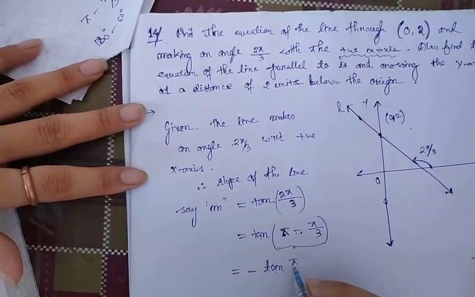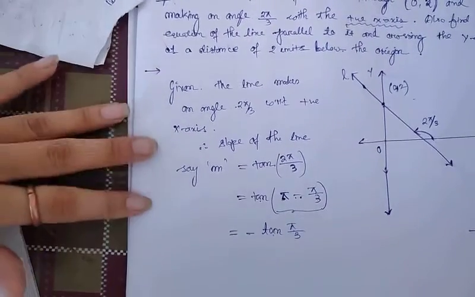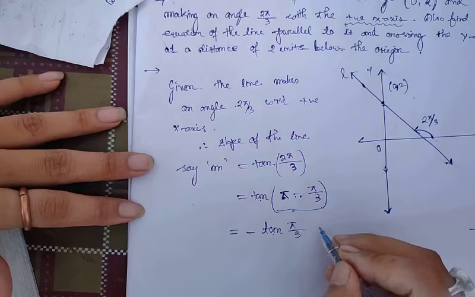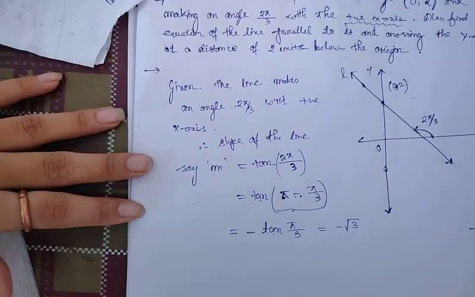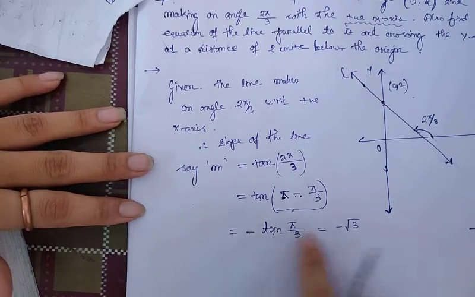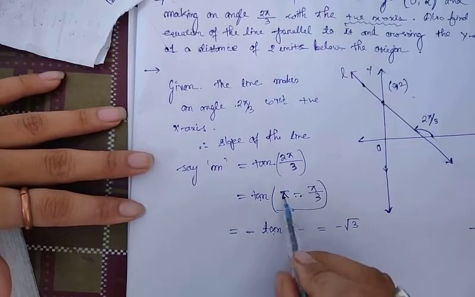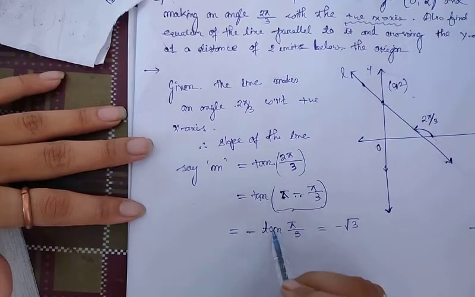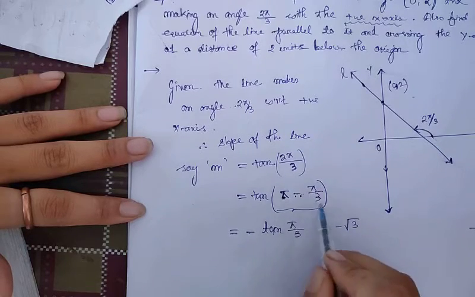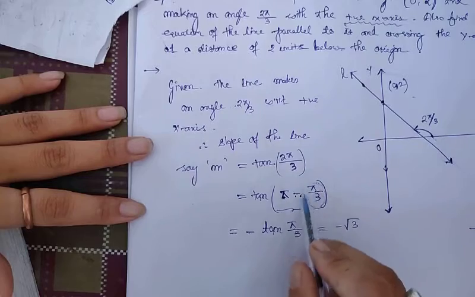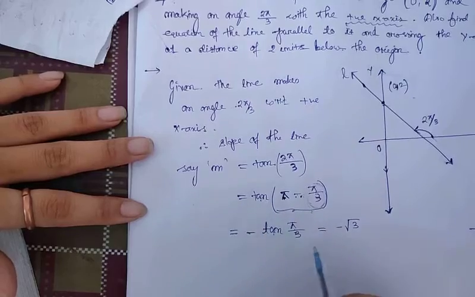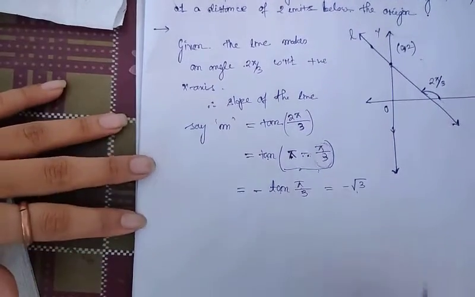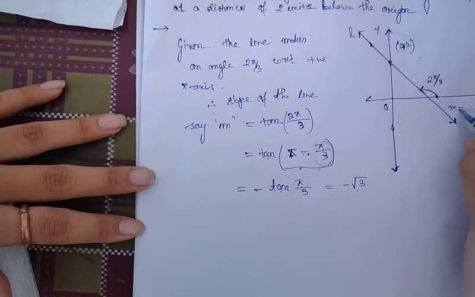Because it is pi minus pi by 3, this is your second quadrant, tan is negative, meaning minus. And tan pi by 3, that is tan 60 degrees, has the value √3, and the minus sign gives minus √3. Once again, since there is pi, the trigonometric function remains tan, pi minus the acute angle pi by 3, and because it is the second quadrant, it is minus, with value minus √3.